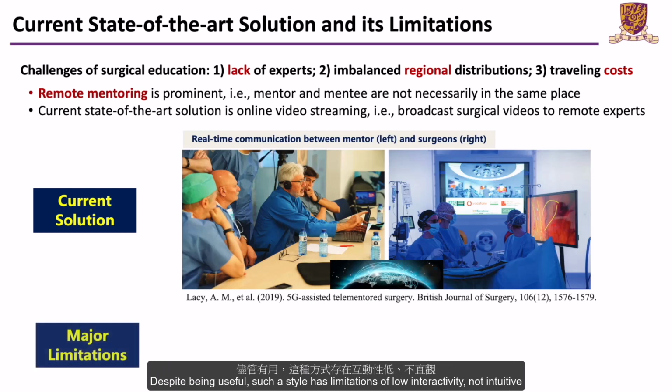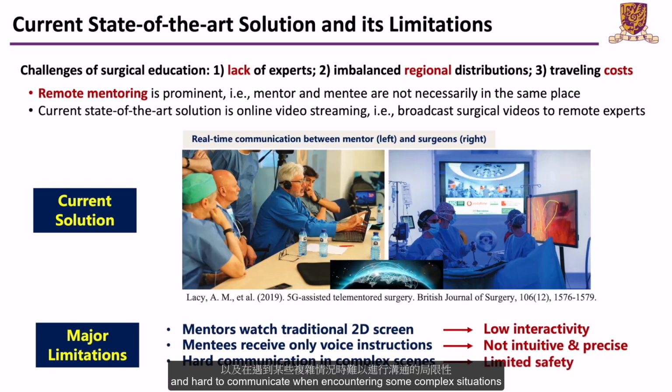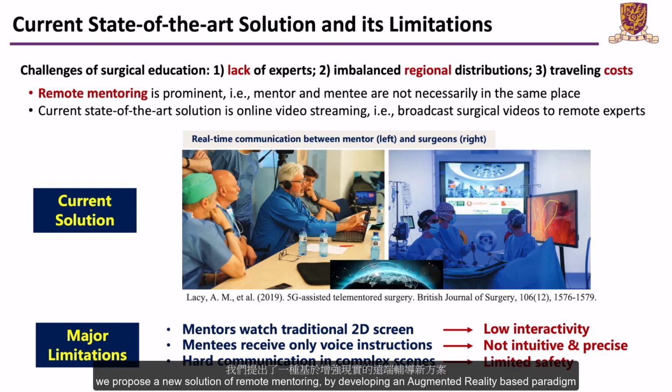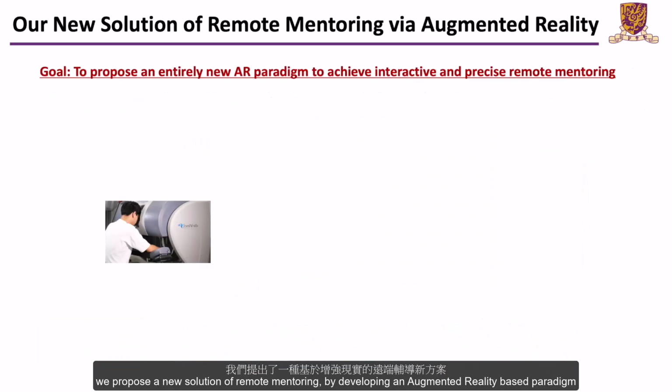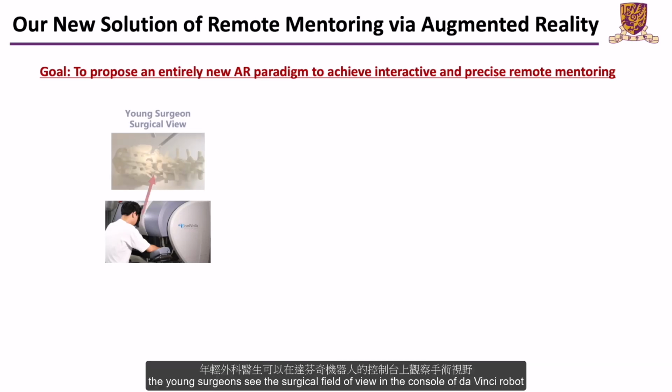Despite being useful, such a style has limitations of low interactivity, not intuitive, and hard to communicate when encountering some complex situations. Therefore, to solve these limitations, we propose a new solution of remote mentoring, by developing an augmented reality-based paradigm. Specifically, in the operating room side, the young surgeons see the surgical field of view in the console of